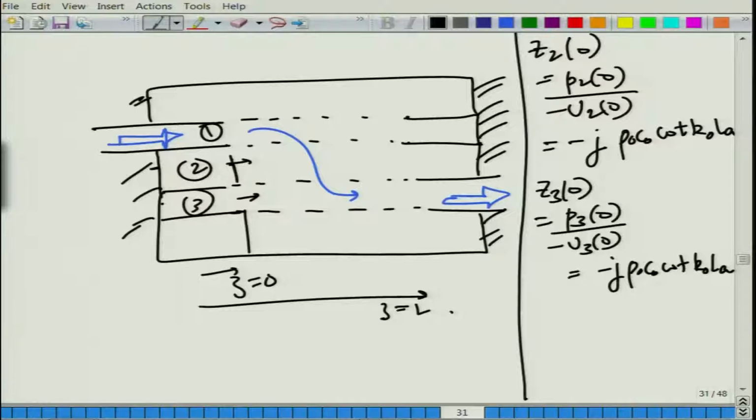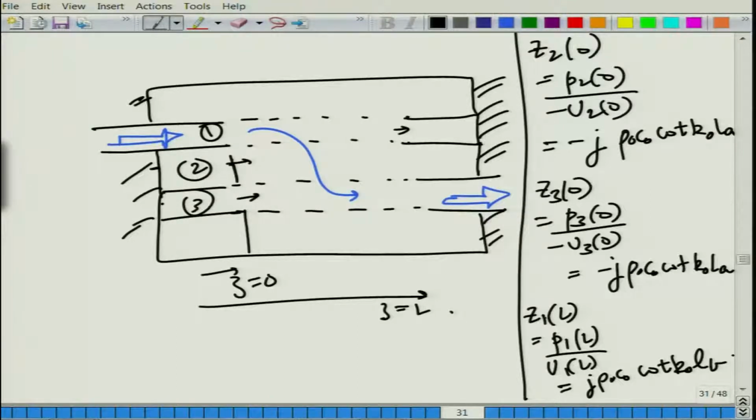Okay. Now, at this point this cavity is closed. So, Z1 at L is equal to P1 at L by U1 at L is equal to j times rho naught C naught cot K naught L B. Now, we have really one more boundary condition, and that is at this point. So, let me write it down here only. So, this will be your